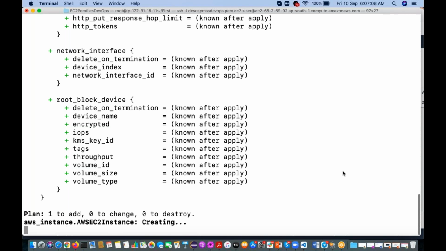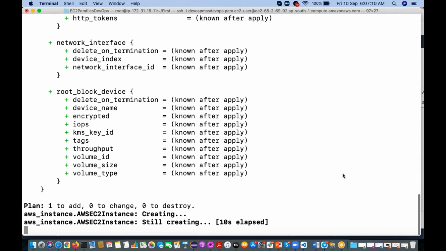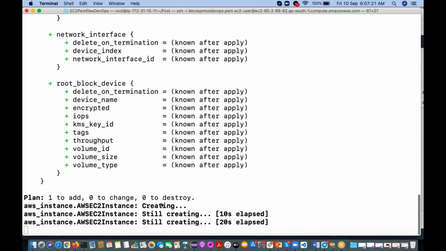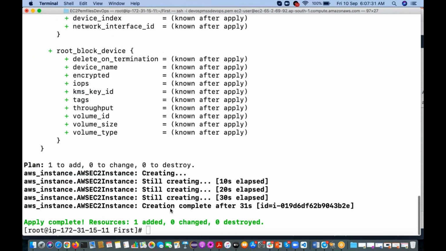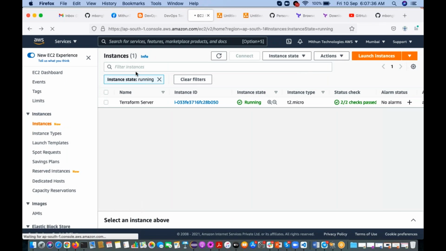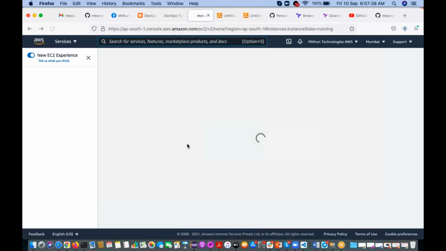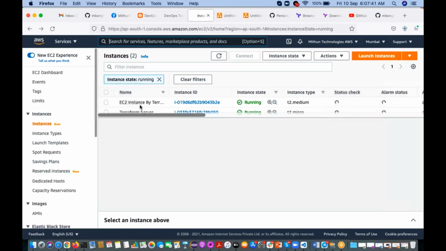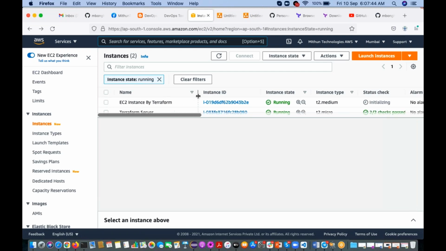So yesterday we deleted it, right? What command did we use for deleting that instance? Destroy. Thank you, Russell. Right. So it has been deleted. Now again, I'm executing that one. So it's creating. You can see that instance creating. Right. So it has created. Now if you go here and refresh it, you will see one instance. See, it is an instance created by Terraform.